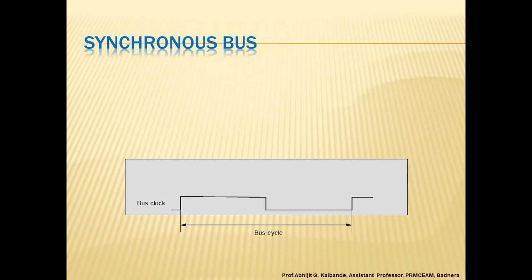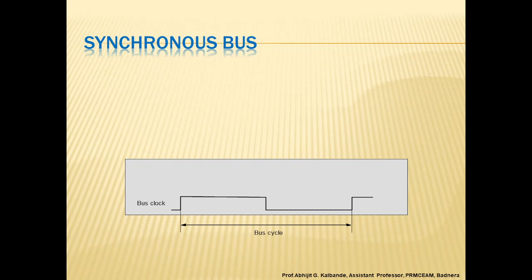As in the last video, we discussed the basic things of high input-output hardware, that is the bus, and we also described the basic introduction related to the processor bus. Now, in this video, we discuss the two types of buses normally available, that is the synchronous bus and the asynchronous bus. First of all, we discuss the synchronous bus.